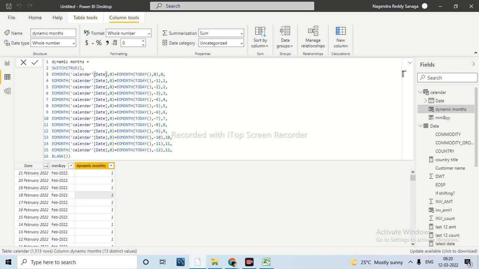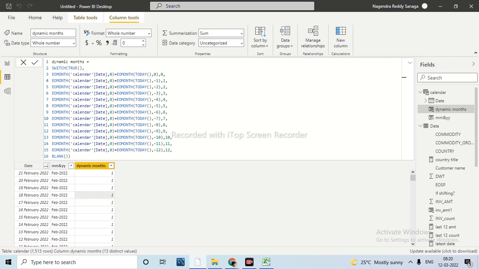If this logic is true, then we are taking the end result as 0. Like this we have defined. And first, you know what the end of month function is, right? Yes, we have written the end of month function only here, just comparing. For this logic only, we have taken 2 days.